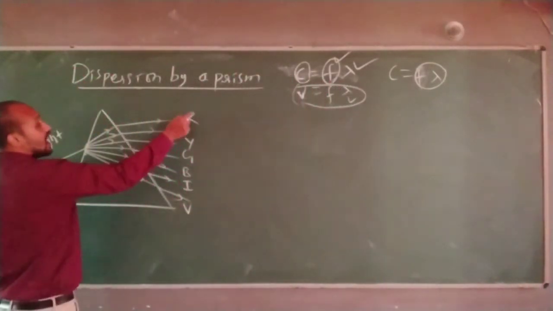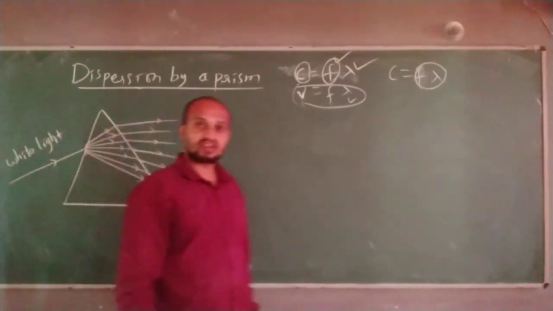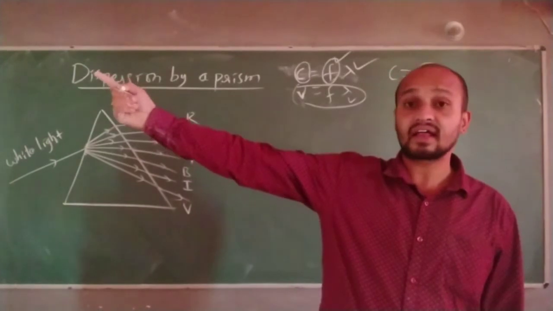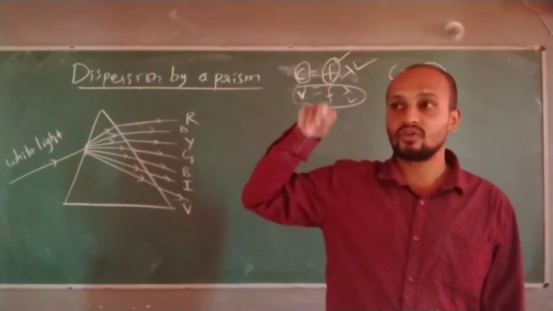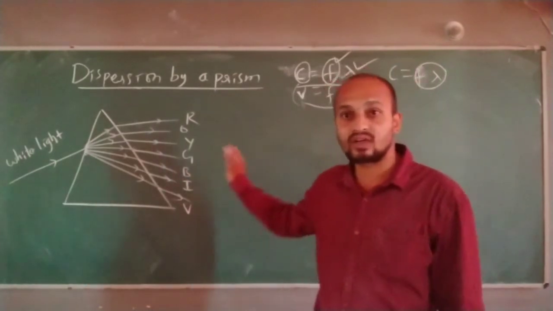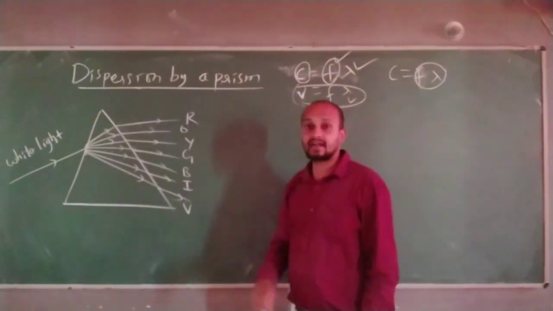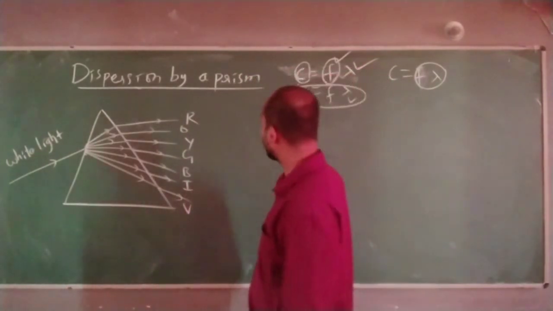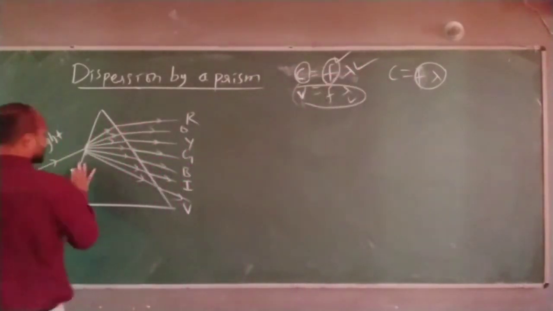So here red is more. This is why in traffic signals, for the danger light we use red light. Why? Red light has a greater wavelength. You can see the red light travels very fast compared to other colors. So we take red light as the danger color. Immediately we can see that. Are you understanding? That is one point. So this is about this question.